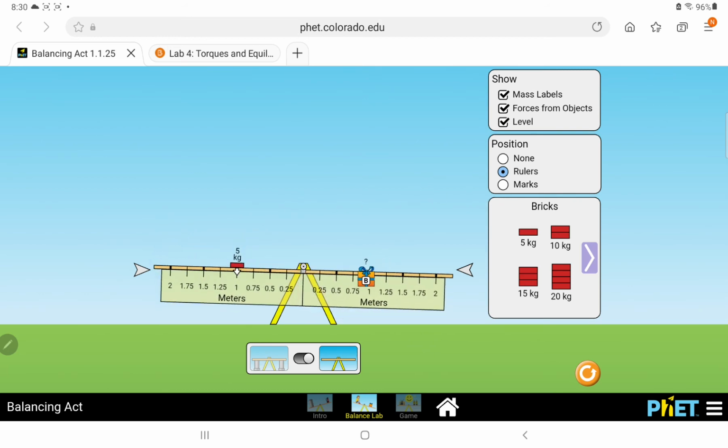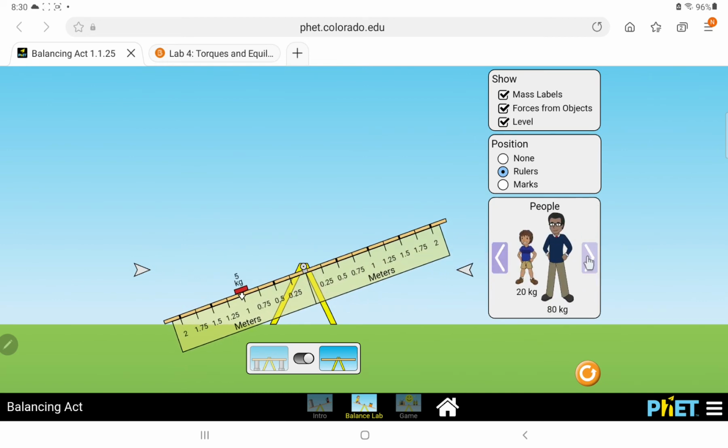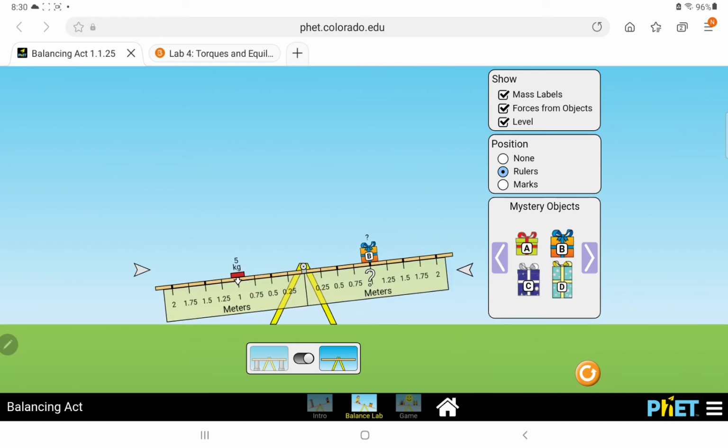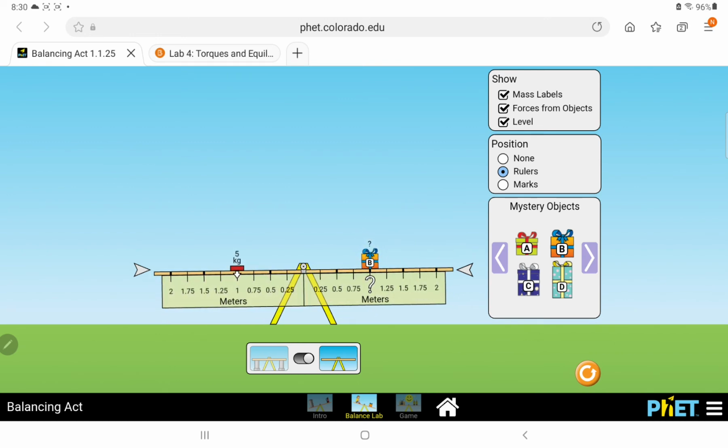Let me go back and grab. Okay, is it 5 kg? Wow, it's 5 kg. Yes, 5 kg, because it is equal distance, right? So you can easily calculate, because you have a definition, right? Tau left